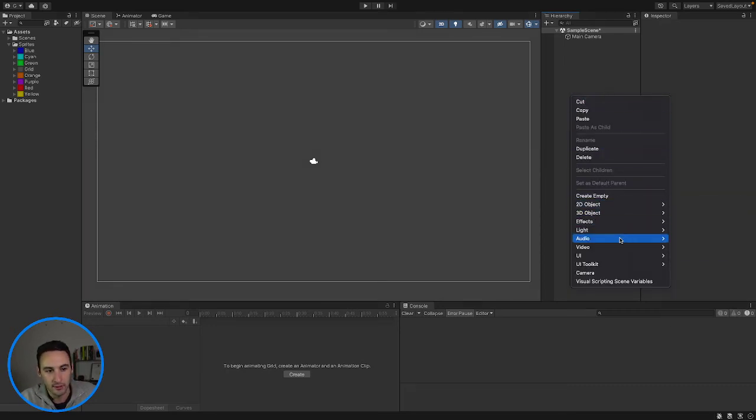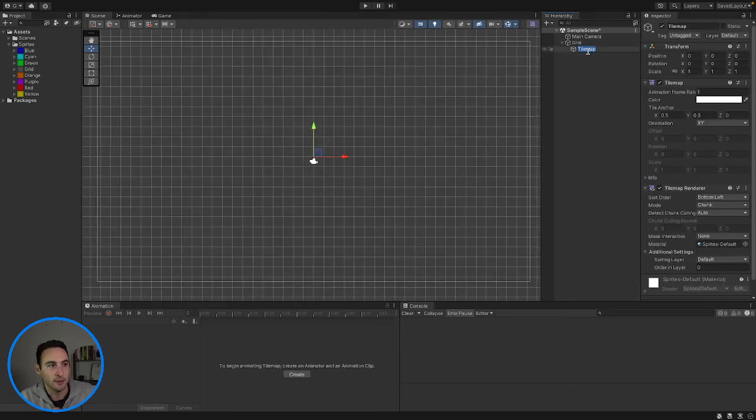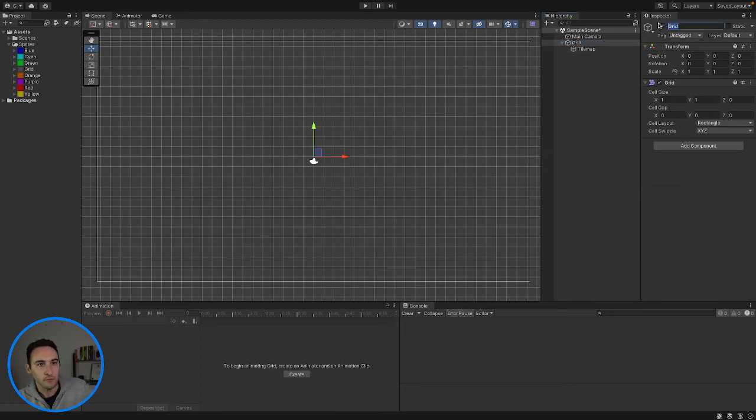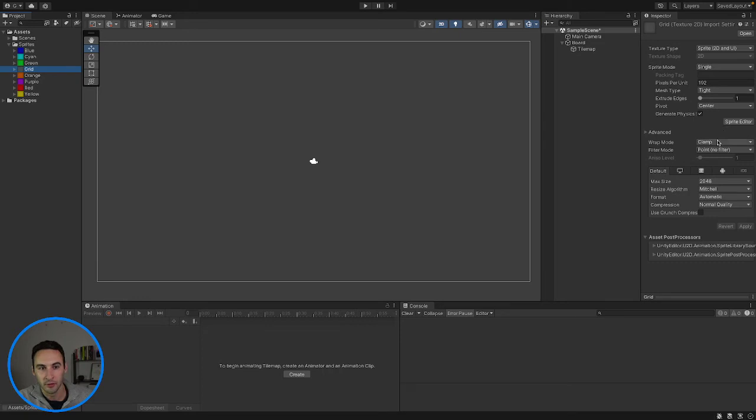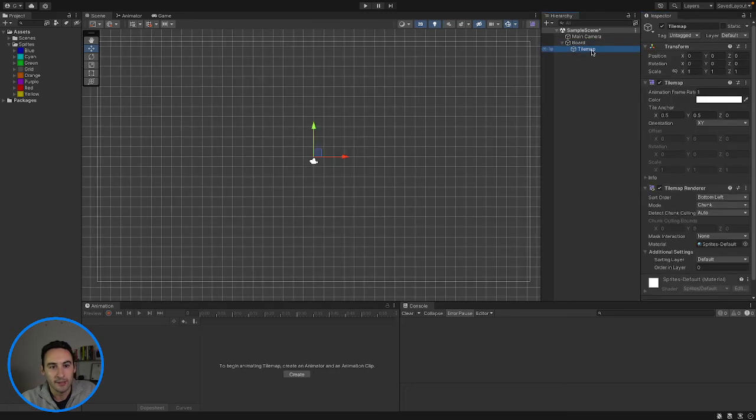Let's go and create a 2D object tile map. It's going to be a rectangle, I think. So we're going to change the name from grid to board, like that. And actually we need to go onto our grid, I think, and change a few things here. So we want to change our wrap mode from clamp to repeat. I think that's pretty much it for here, and we'll save that. Just because only on our grid one, because that's obviously going to be the grid that needs to repeat throughout the board. So on our board we have a tile map